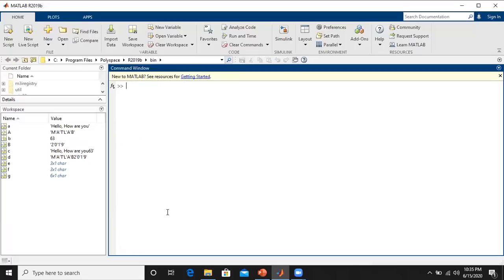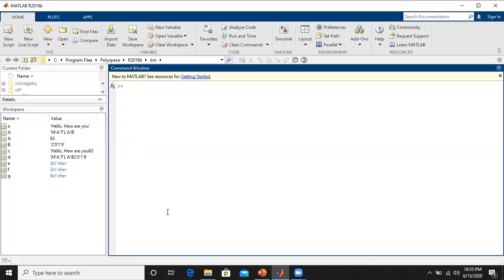We can compare the strings, and in order to compare the strings we use built-in functions, and there are two built-in functions we are going to discuss in this. One is string comparison, that is strcmp, and one more function is strncmp, right? So the difference between these two is that strcmp will entirely take the strings and compare them with each other, and based on the comparison, if they are equal and same, then it provides the logical 1.